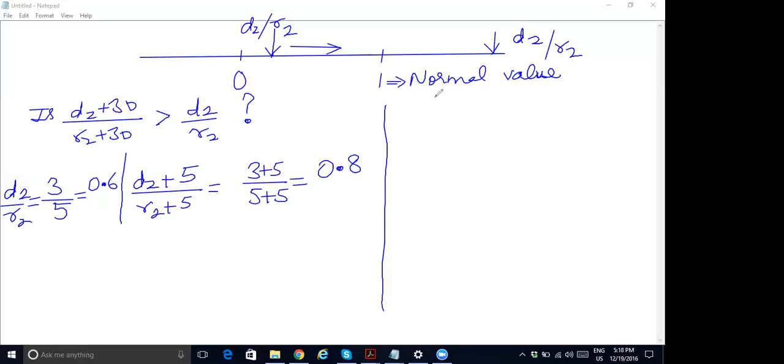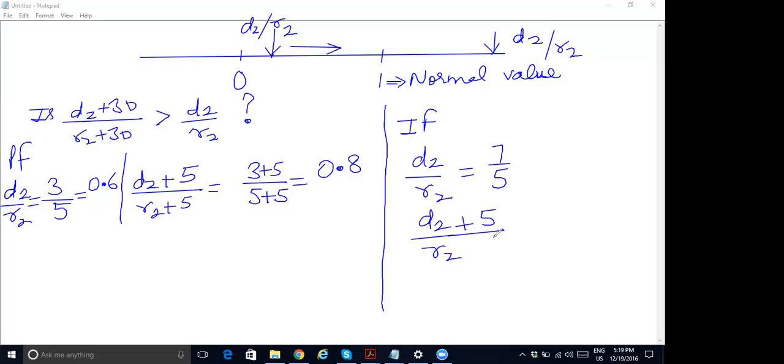So this is a case for proper fraction. The next case is for improper fraction, that is the fraction which is greater than 1. So like 5/3 you can take. Let's say 7 by 5. If we are adding a positive constant value to both numerator and denominator,